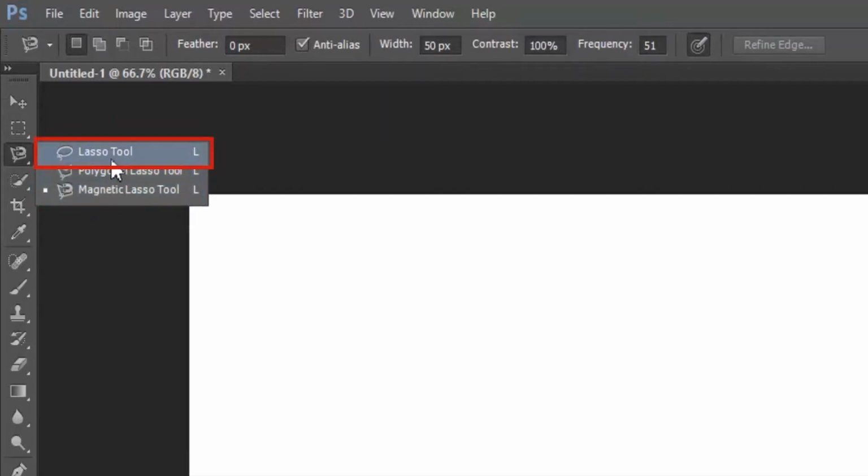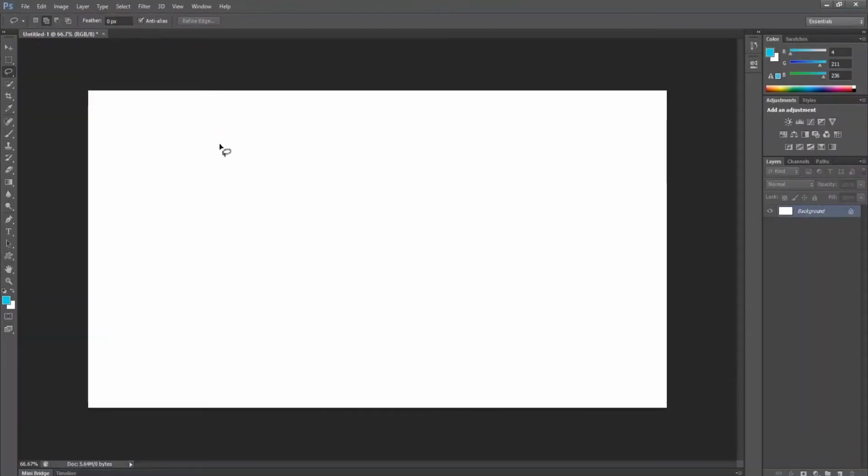First, let us discuss about the lasso tool. The lasso tool is a freehand tool, just like a pencil. To make a selection with lasso tool, click on the document and without leaving your mouse button, move your cursor, and once you leave your mouse, it finishes the selection. Now if you want to move this selection to any place in the document, just move your cursor inside the selection, click and move the selection.